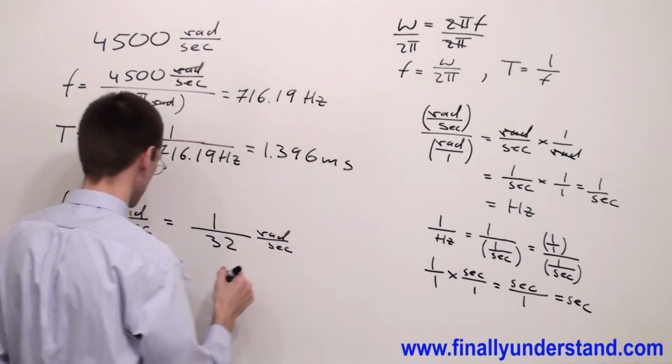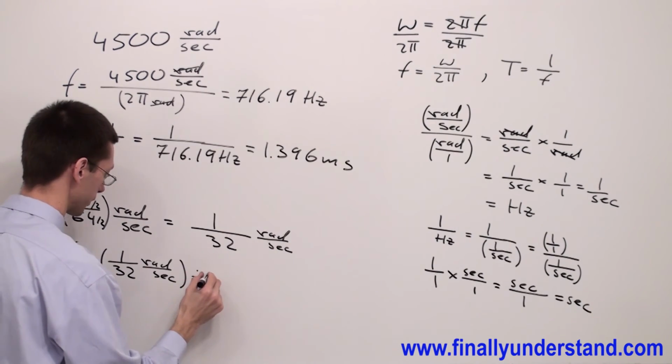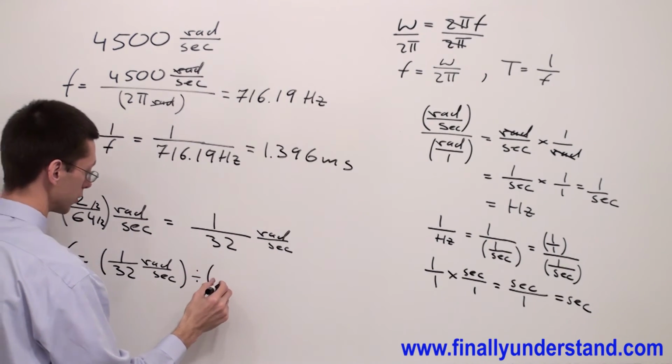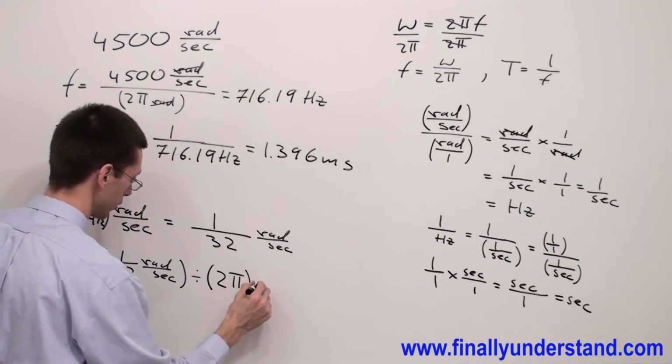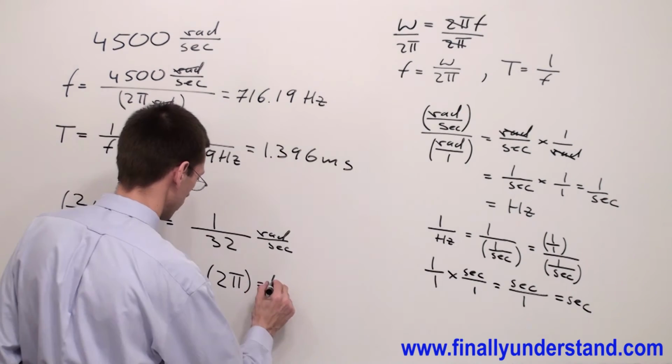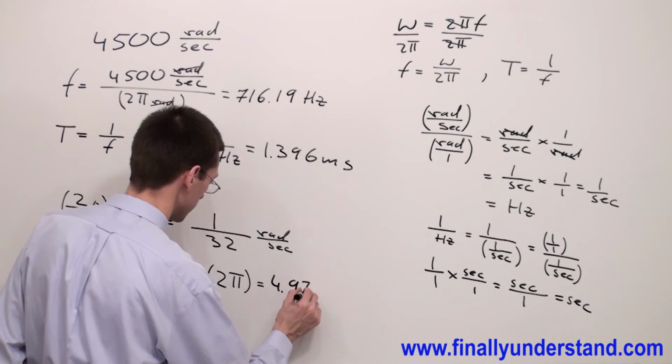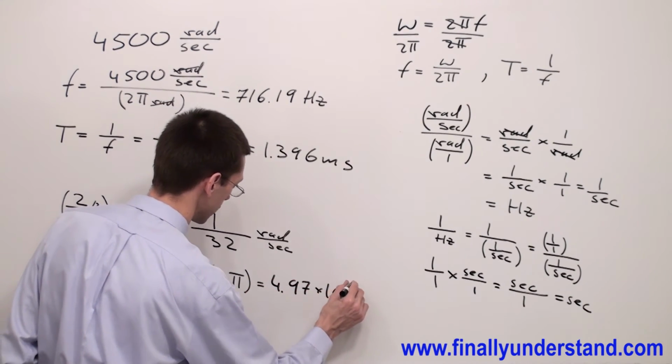Fraction bar represents the division, so that's why I'm going to divide by, open parenthesis, 2 pi. And your answer is supposed to be 4.97 times 10 to negative 3